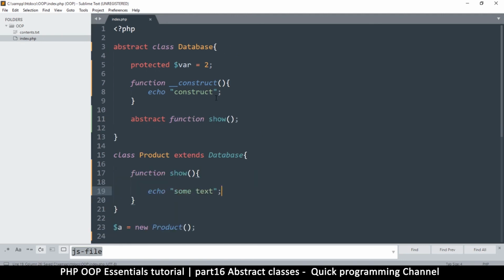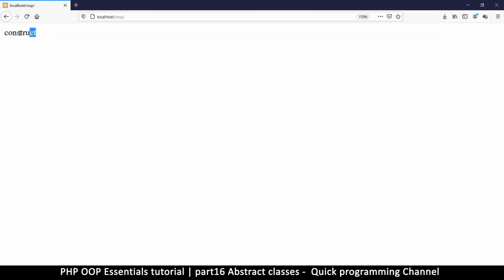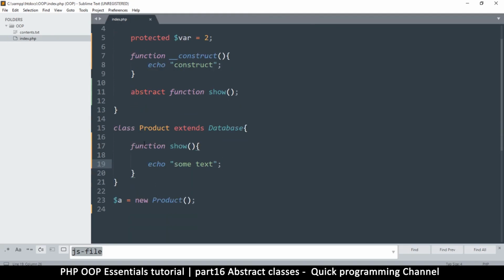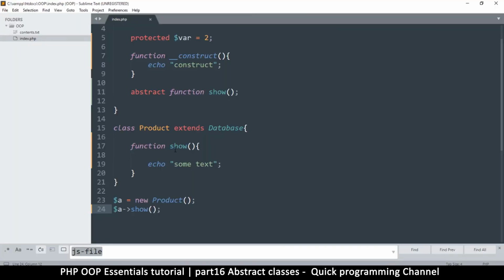Okay, so abstract classes may be confusing a little bit, but once you start using them, you see the benefit of it. So the constructor actually runs, and then now we can actually call this function here and just say show, like this. So we'll see both text construct and some text at the very end. So this is how abstract